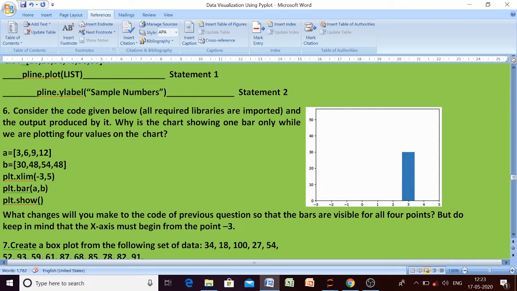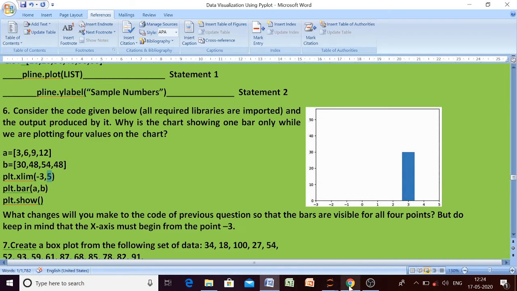Here we have limited our x-axis to -3 to 5, but within -3 and 5 we have only one value, that is 3. The rest of the values do not fall within this range, so we have to extend our range. The last value is 12, which means the limit must be extended beyond 12.